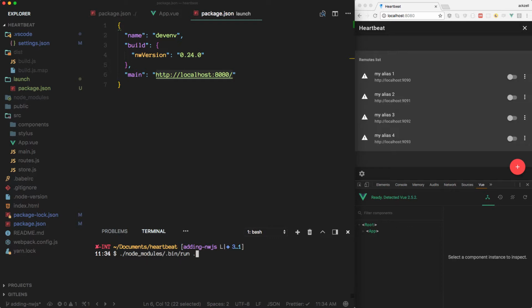And now instead of looking into the current folder, which is the root of Heartbeat, I will tell Phoenix to look inside of the launch folder for a package.json file, which will have the config that I want to launch our